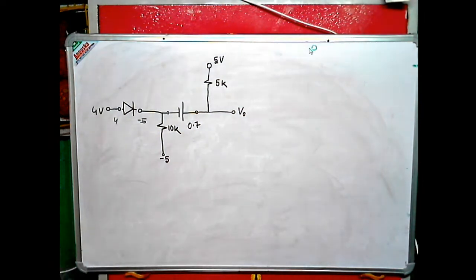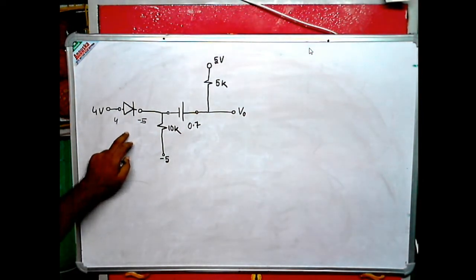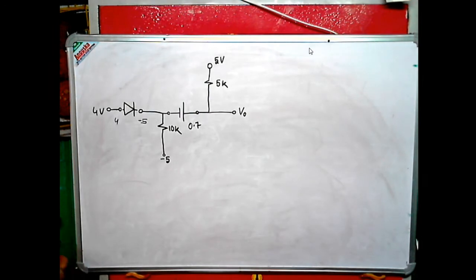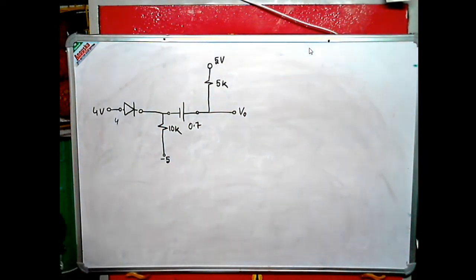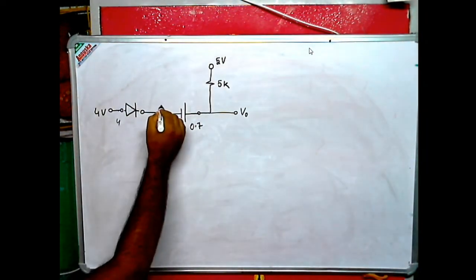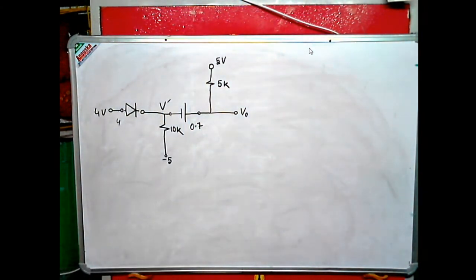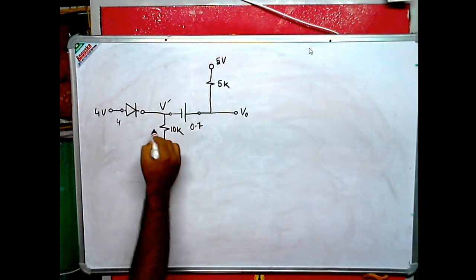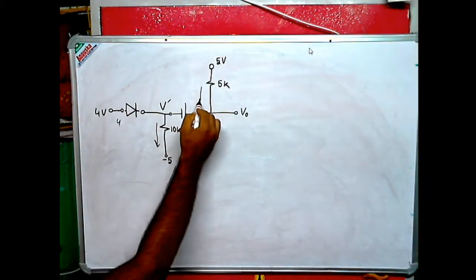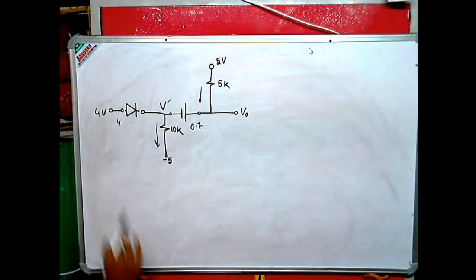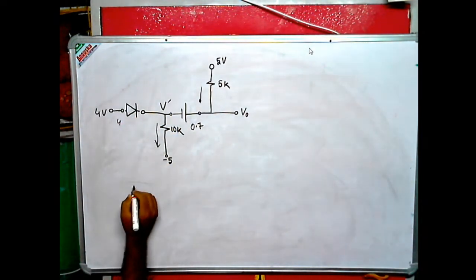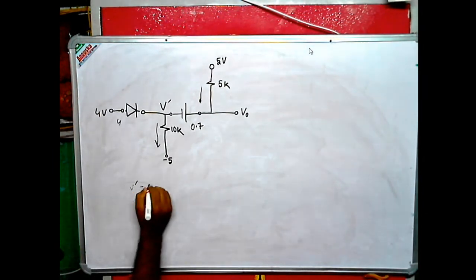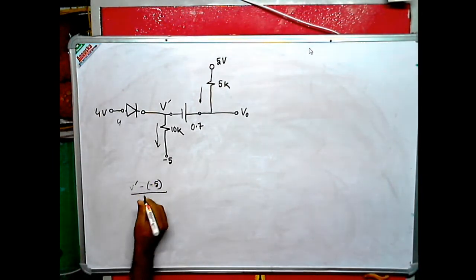Now find out the status of this other diode under this condition. No longer is this particular voltage minus 5 volt, so you have to calculate this voltage. You can assume some voltage, say V dashed, over here. Then you can apply KCL: this current must be equal to this current, because we assume this diode side is open, as we have to measure the open circuit voltage under this condition. So what is this current? This current is basically V dash minus of minus 5 volt divided by 10k.